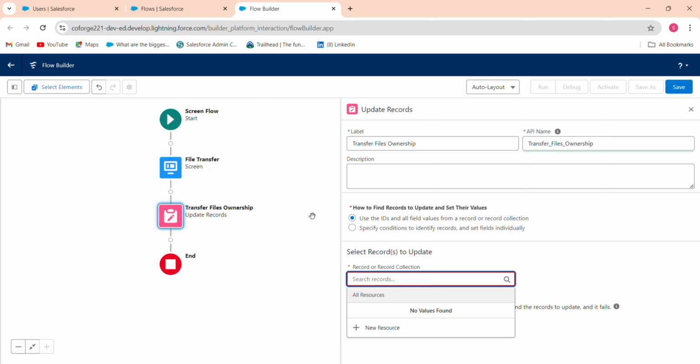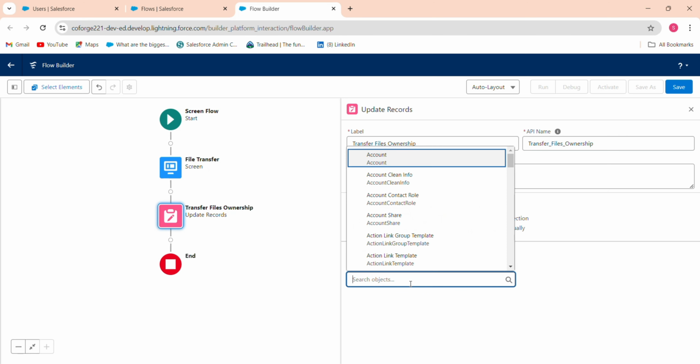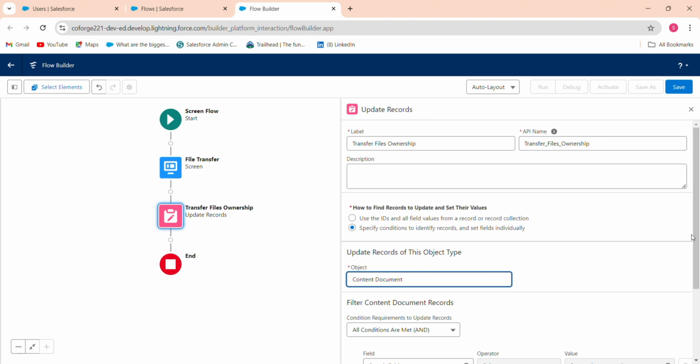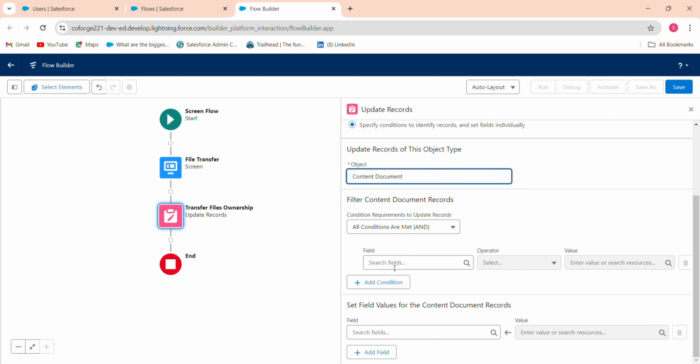Specify the condition. I will add the condition: ContentDocument. Click on this ContentDocument, and in this content, the condition will be OwnerId